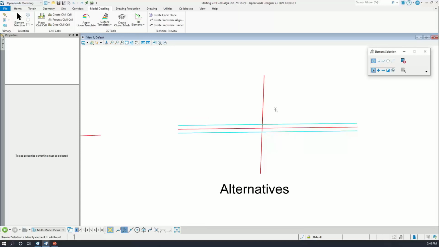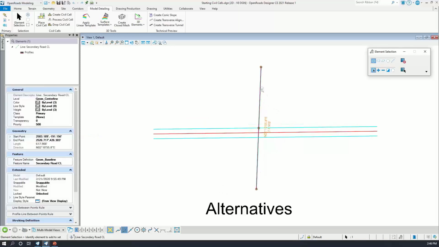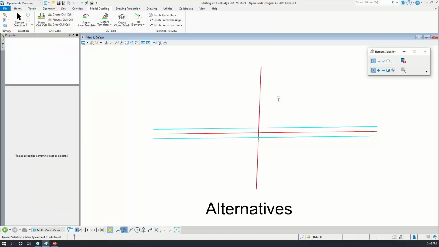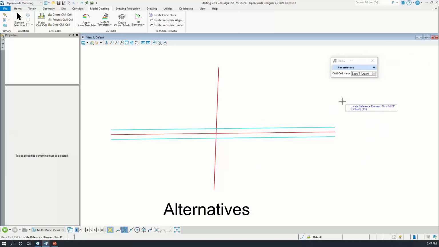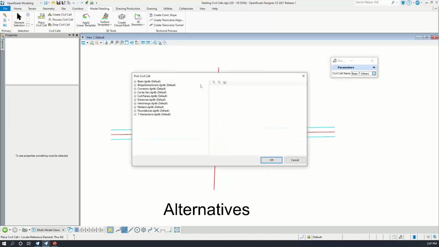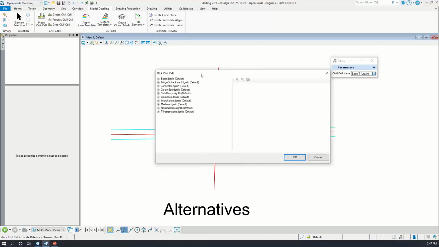So I've just set up some geometries. These are horizontal geometries with profiles already. What I will be doing is just showing you how you can place it, and later on I'll show you how you place it in a real project. So calling in the command and looking at the Pick Civil Cell window, as I mentioned, you can create or utilize whatever is in the library. Here, there are different types of Civil Cells available for connector roads, cul-de-sacs, even curb ramps,